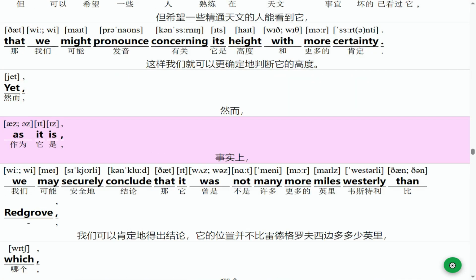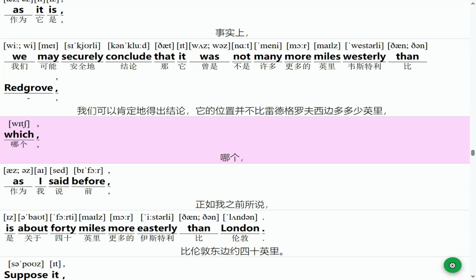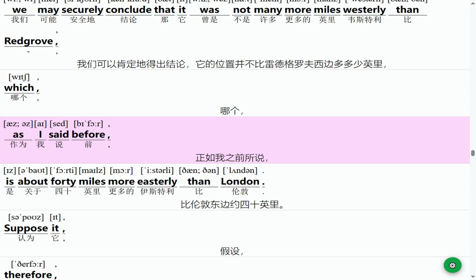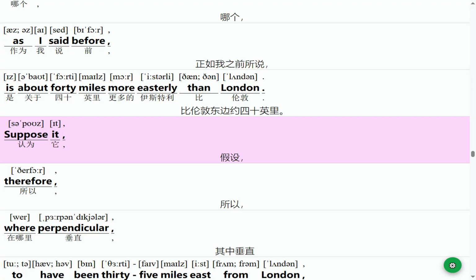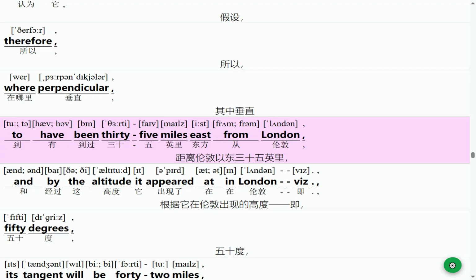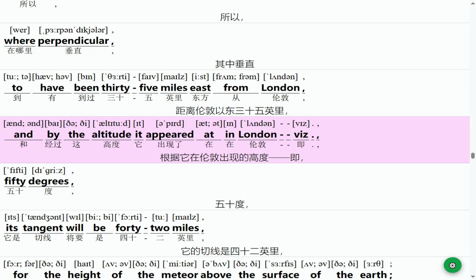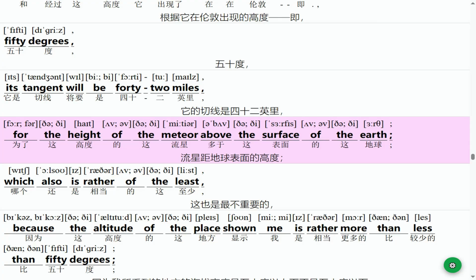Yet, as it is, we may securely conclude that it was not many more miles westerly than Redgrove, which, as I said before, is about 40 miles more easterly than London. Suppose it, therefore, were perpendicular, to have been 35 miles east from London, and by the altitude it appeared at in London, viz. 50 degrees, its tangent will be 42 miles, for the height of the meteor above the surface